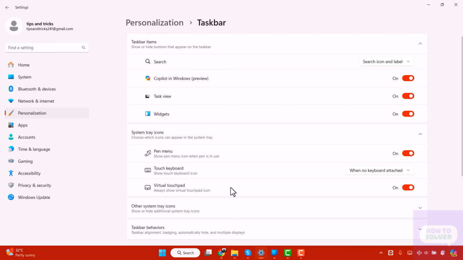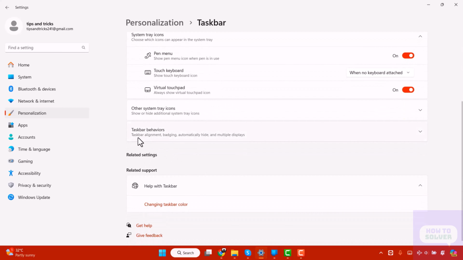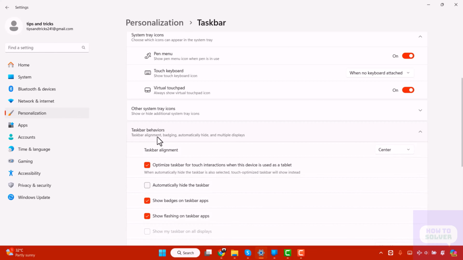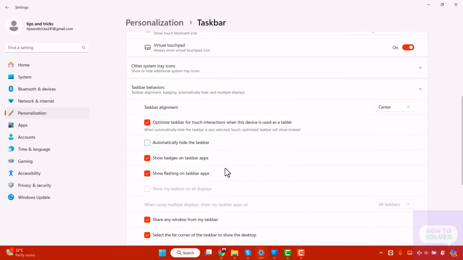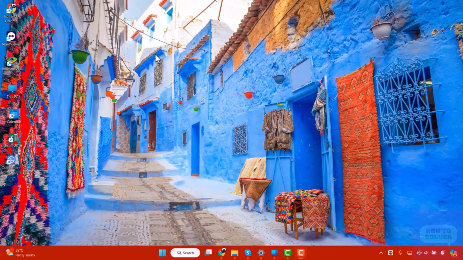Now scroll down. Here you can see Taskbar Behaviors. Click on it. Now scroll down. If you open your multiple displays, then this option will automatically appear: Show my Taskbar on all displays. You just have to turn on this button. That's it. So this is how you can find Show Taskbar on all displays to enable Taskbar on multiple displays